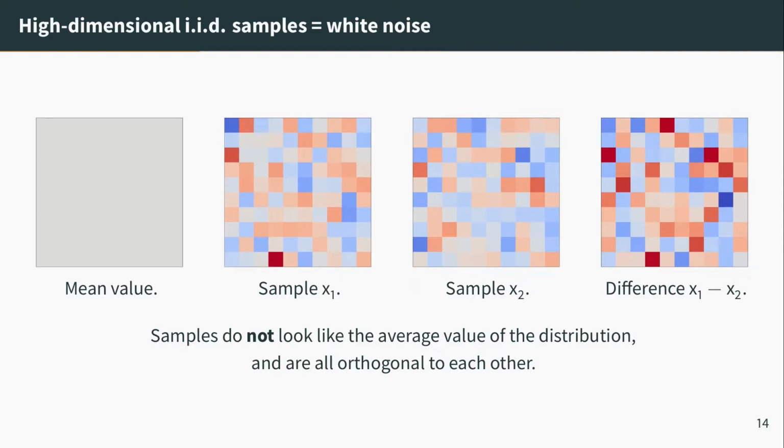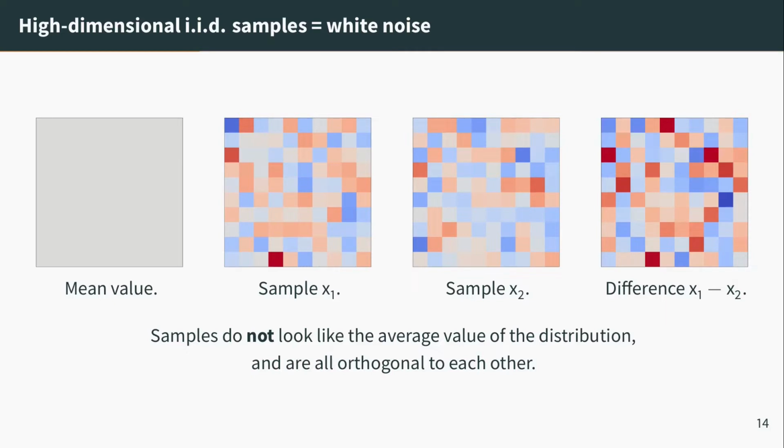And you know that when you add or subtract two normal distributions of variance 1, you just end up with a normal distribution of variance 2. So standard deviation square root of 2. So taking differences doesn't change all those statistical facts. It just increases, if you want, the amplitude of the noise.